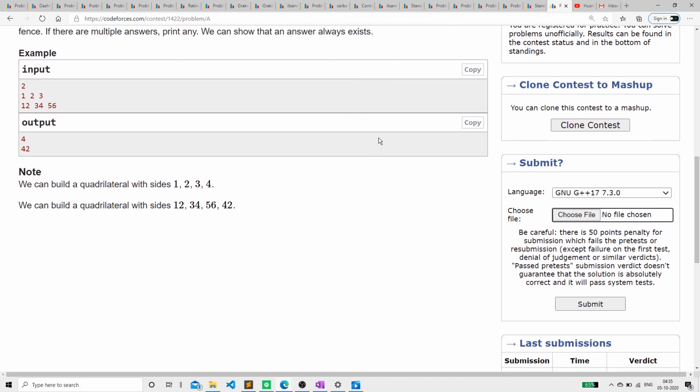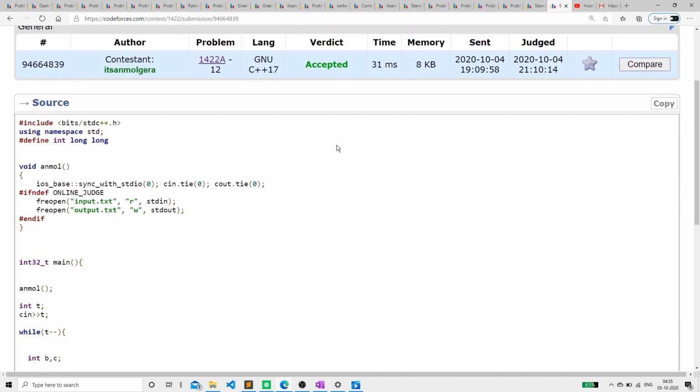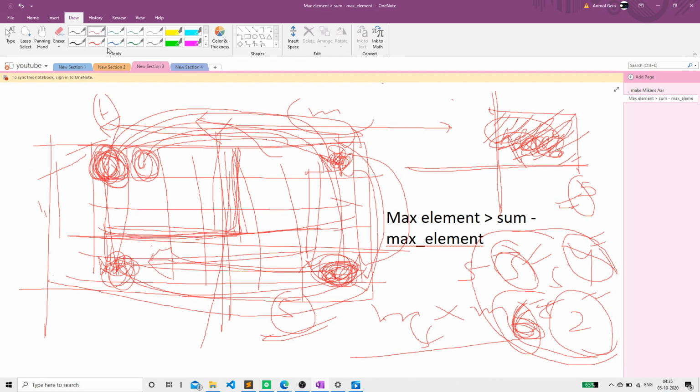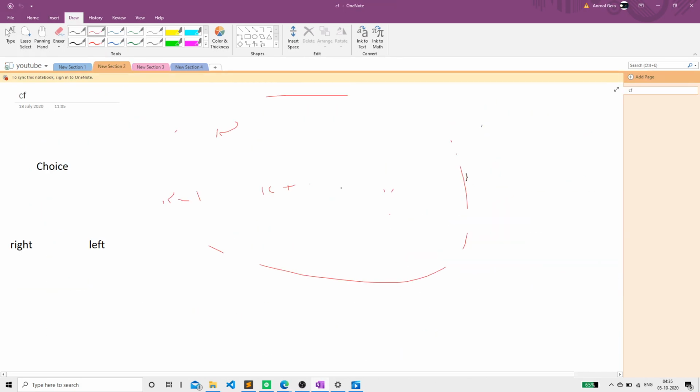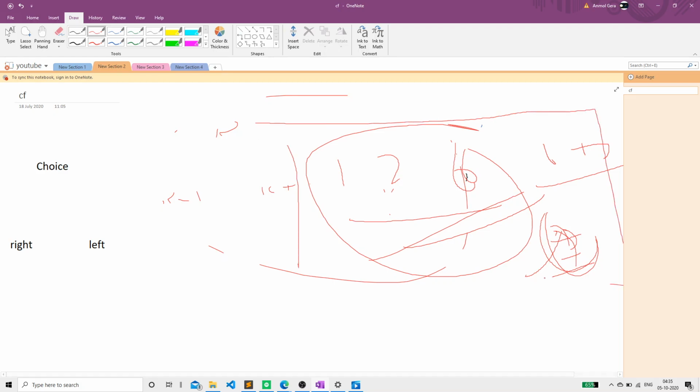One way, which I did, is I just take the input as an array and print the greatest element plus 1. Let's suppose we have 1, 2 and 6. I have taken the greatest element and simply added 1: 6 plus 1 is 7. This always ensures that I'm printing a unique element.